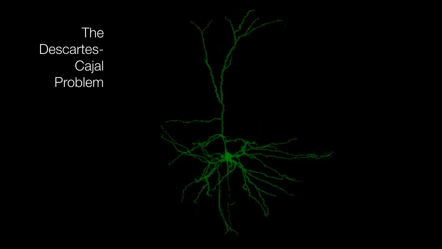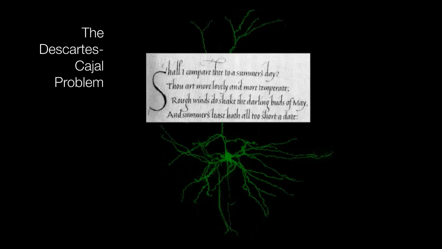So this is all part of what I think of as the Descartes-Cahal problem. You're starting out here, and somehow you end up with this. I'm not going to talk about how Shakespeare could possibly do this. I'm going to talk about how he could tell you these words and you understand what he's thinking. But in the course of that, we're going to be getting back to how Shakespeare does this in the first place.